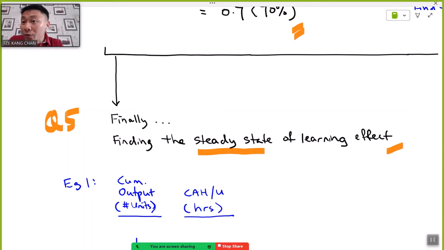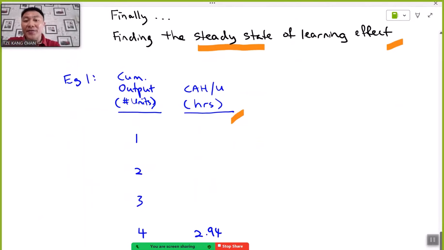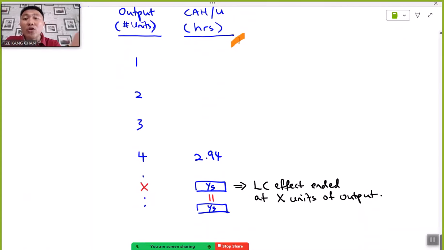So what you have to do, guys, is go back to the first two columns that we have set. When you have derived the cumulative average hours per unit from the above illustration, we stopped at the output of 4 units and the reading was 2.94. What you have to do is just keep going on. It is more like trial and error. Try 5 units, try 6 units, try 7 units, try 8 units